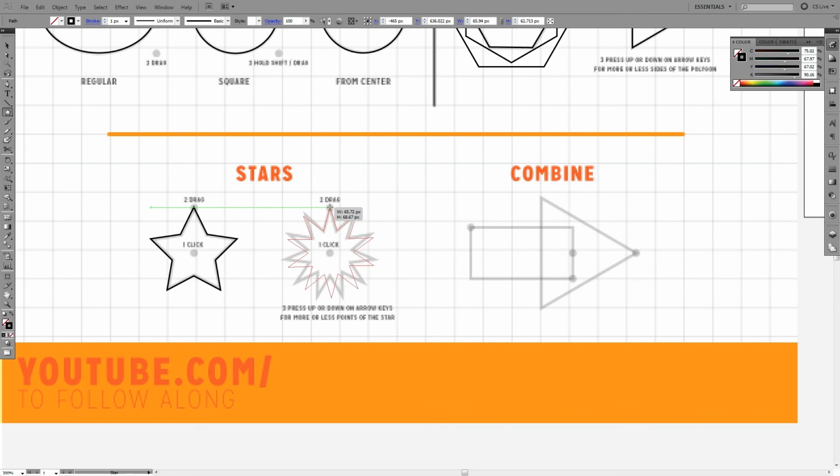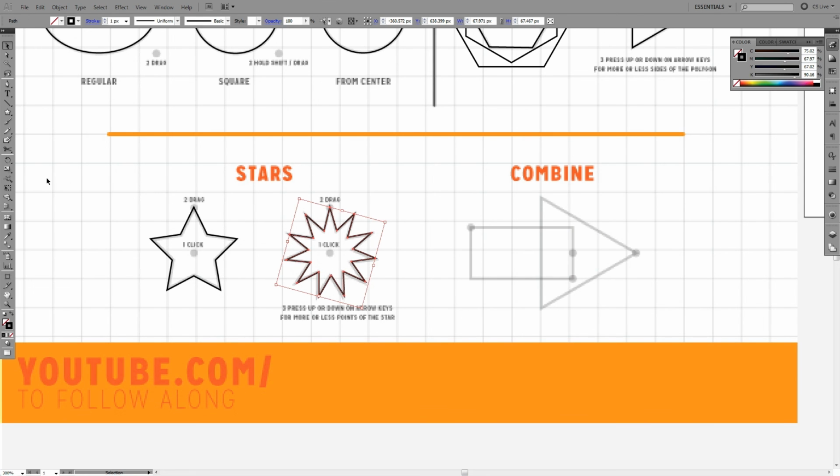So what I'm going to do is I'm just going to hit up. I'm going to tap up multiple times, each one giving me an additional side or additional point to the star. You'll notice though that it's a little bit restricted from point to point in terms of the inside and outside point radius. So from the center to this point, from the center to that point, I'd like them to be